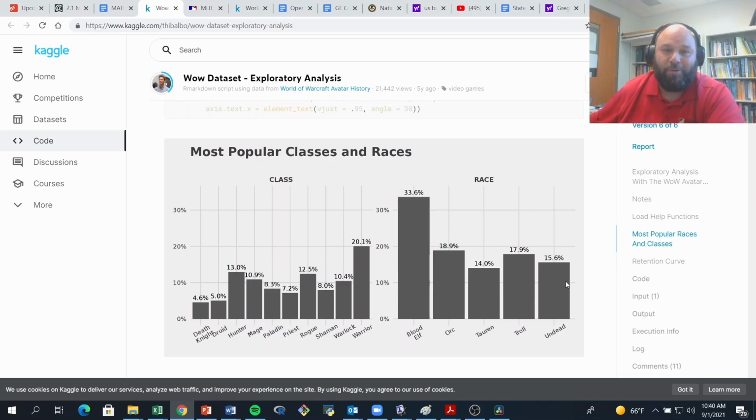So what are their variables? Well, they've got two sets of variables here. First of all, they've got one variable called class, I'm sorry. These are the values, right? So one variable is class of a character. So when you join World of Warcraft, you create a character. One of the things you choose is their class, which is like what it is they do. So you can see the various values that the variable class can take. They can be a mage, they can be a hunter, they can be a priest, and so on and so